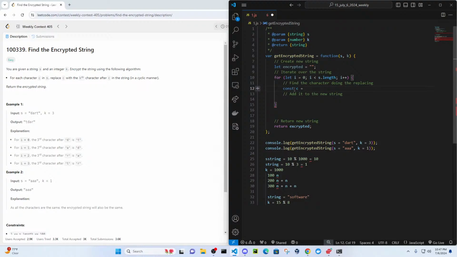Equals s dot length modulus k. Since we're going to use this so many times, let's just go ahead and